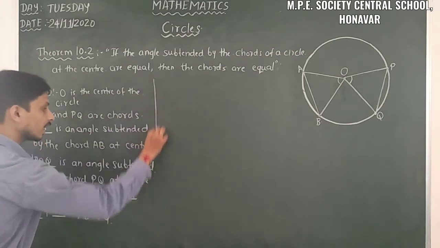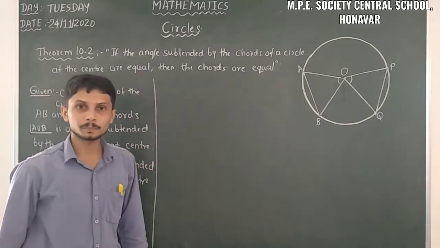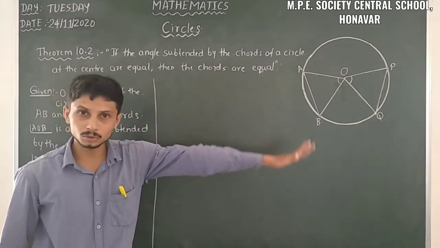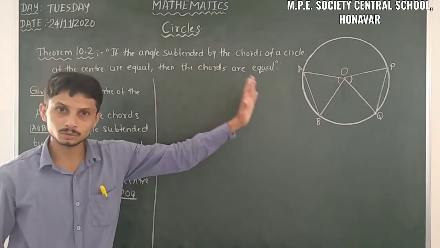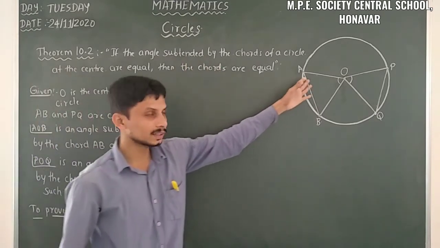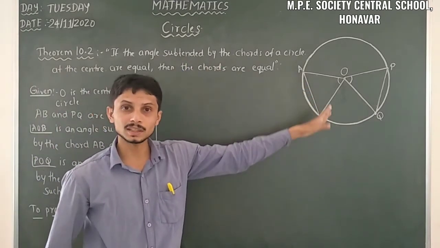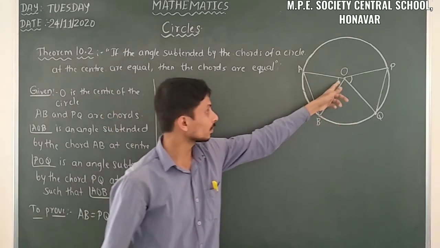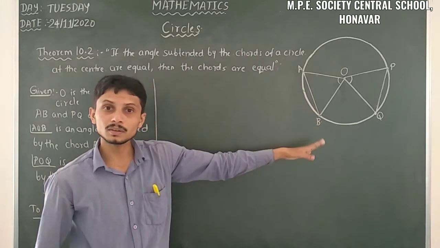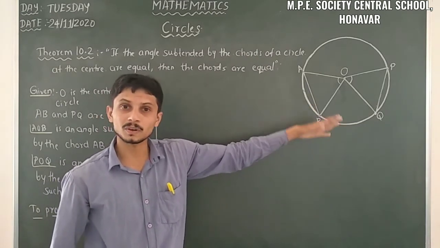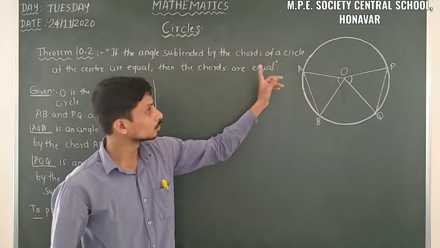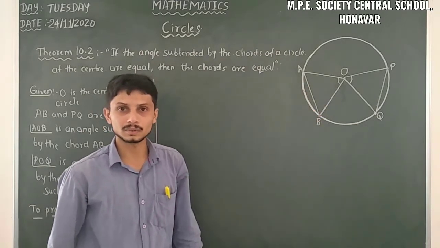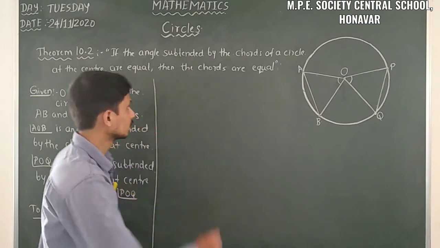Here we have to take the same steps for this proof. We have to consider those two triangles and take those equalities. It is already given that the radii of the circle are equal, so we have two equalities. Then with the angle given, by the SAS congruence rule we can say those two triangles are congruent. Then these two chords are equal. So let us take that one. Proof.